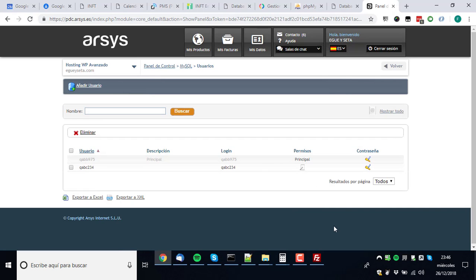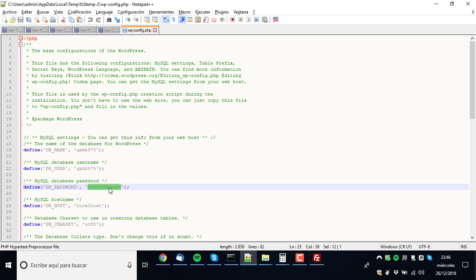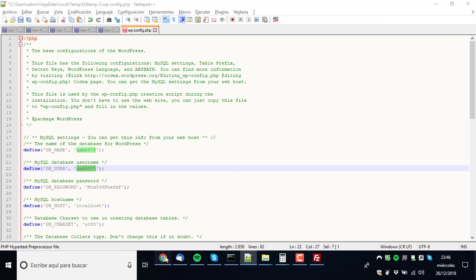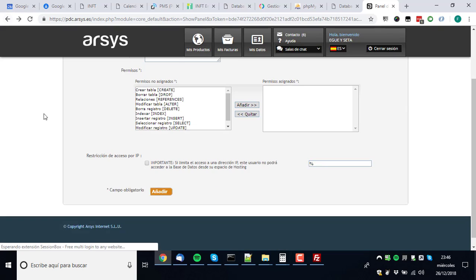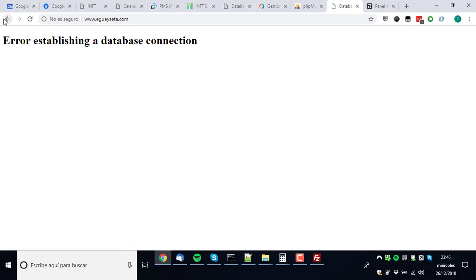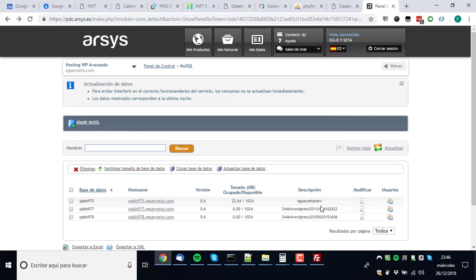Okay, so I went to the config of WordPress. I opened it, I put the password. Let me just put the new user with the new permissions. I clicked save. I defined that the database is this one, but this is just the description.